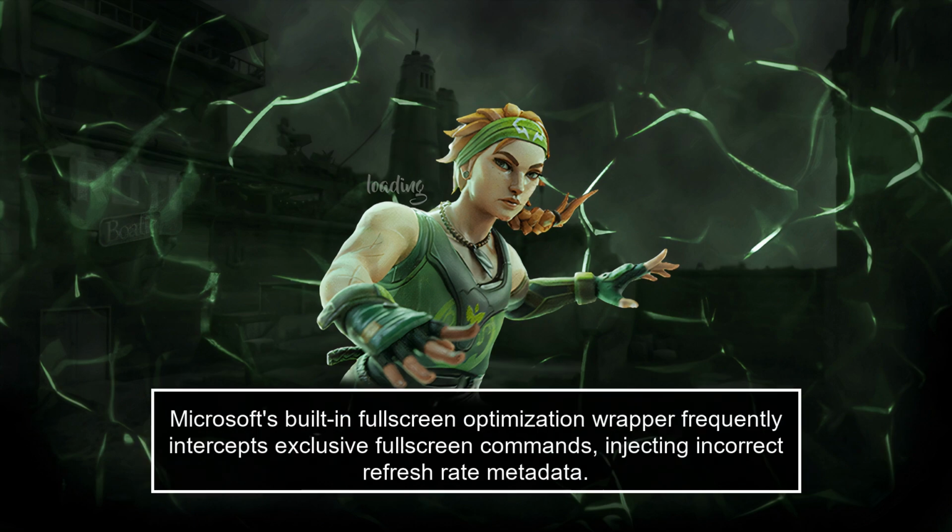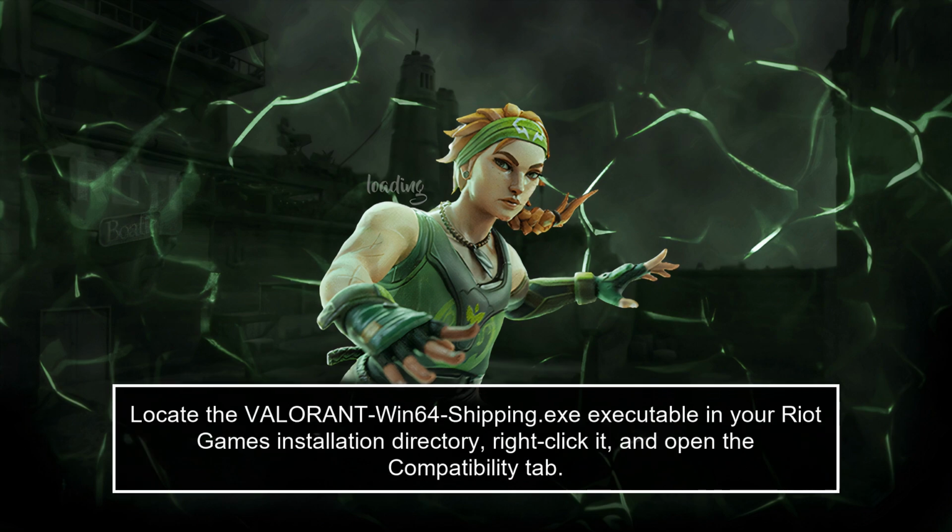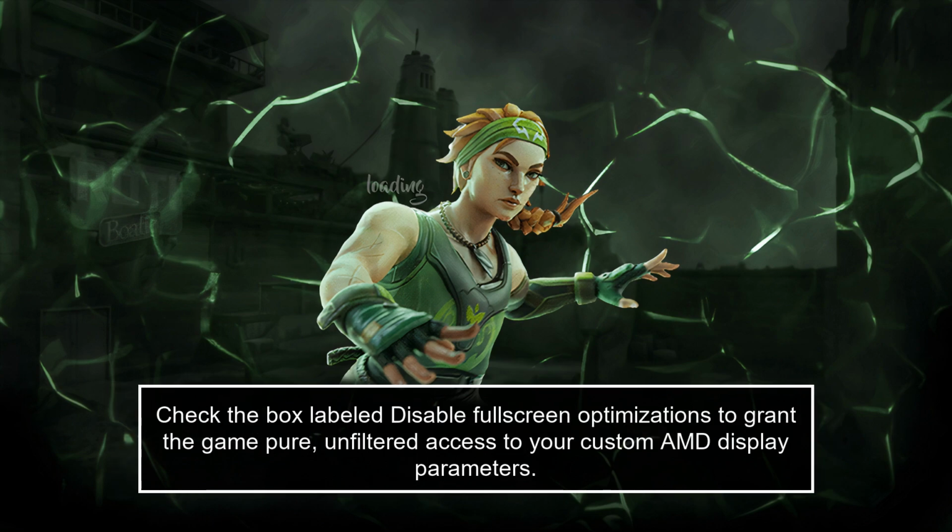Microsoft's built-in full-screen optimization wrapper frequently intercepts exclusive full-screen commands, injecting incorrect refresh rate metadata. Locate the Valorant Win 64 shipping exe executable in your Riot Games installation directory, right-click it, and open the Compatibility tab. Check the box labeled Disable Full-Screen Optimizations to grant the game pure, unfiltered access to your custom AMD display